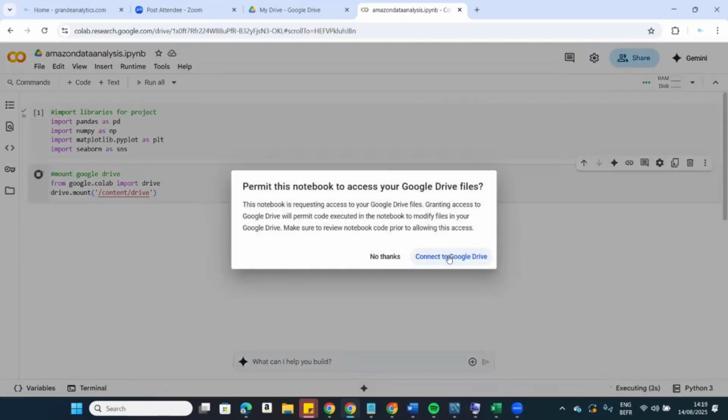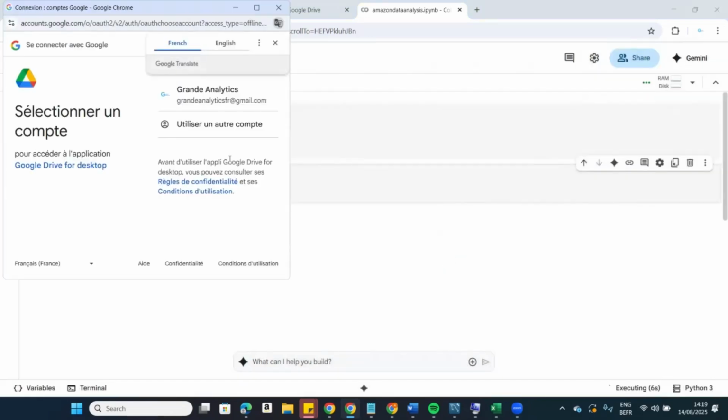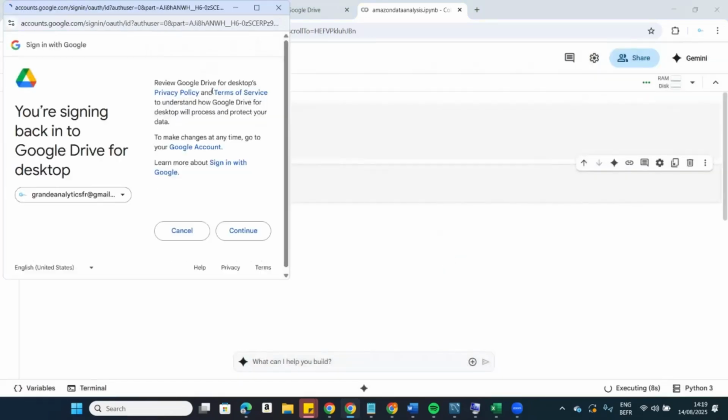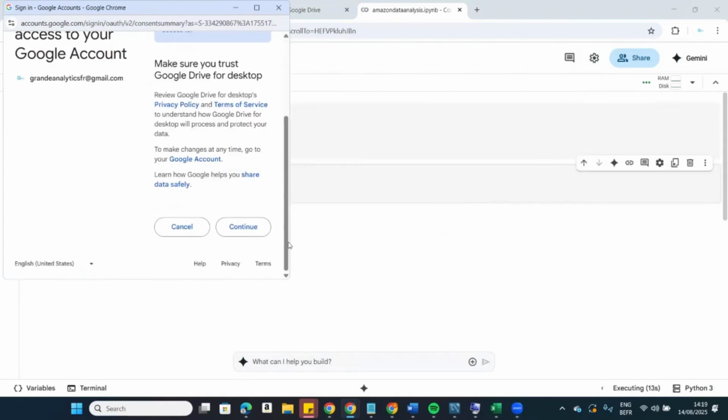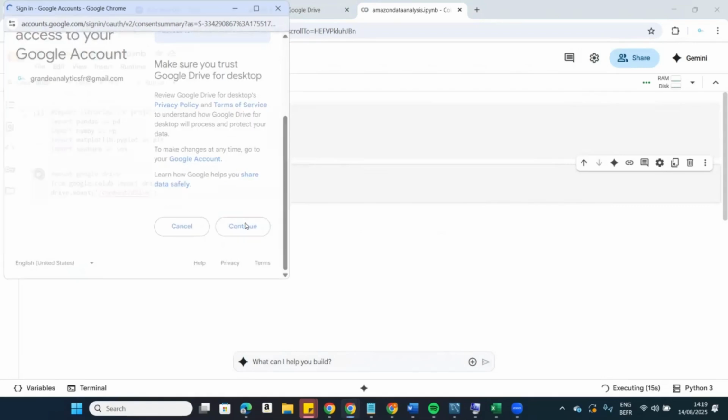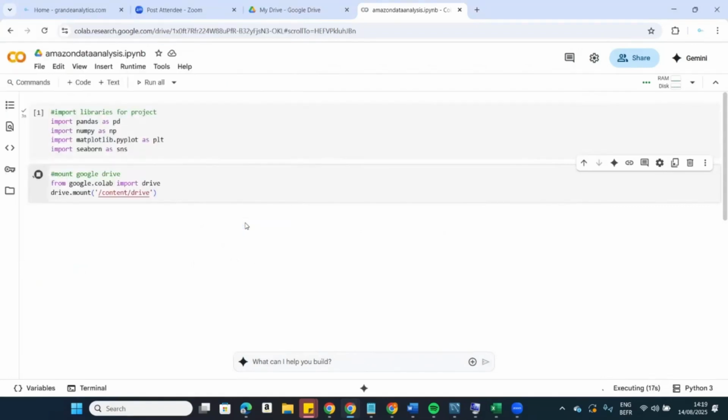So it's going to request access to connect to my Google Drive, and I'm going to grant it access. And yes, it's going to ask me for access, and I'm going to click continue. Now, it may come up with some options for the documents you want to access. So you tick whatever options you want to access. And now it's been mounted. So we have mounted at